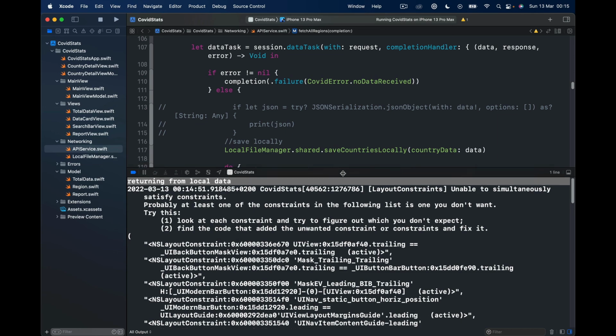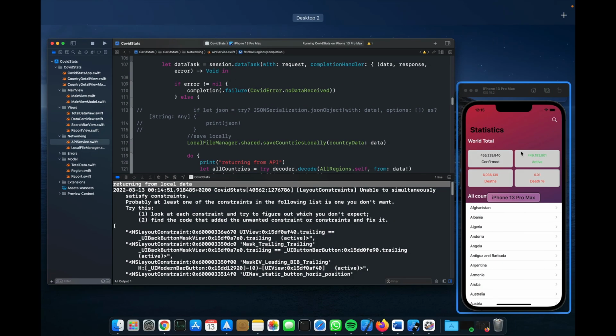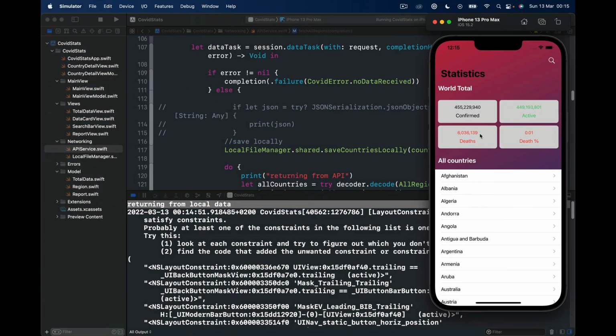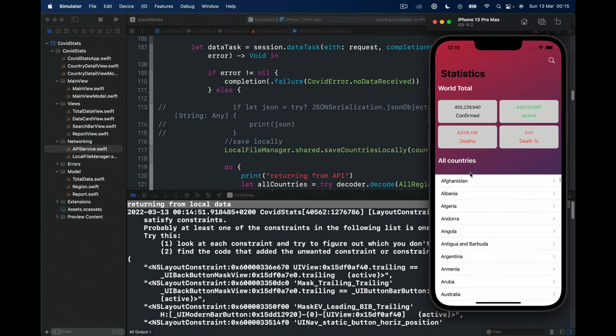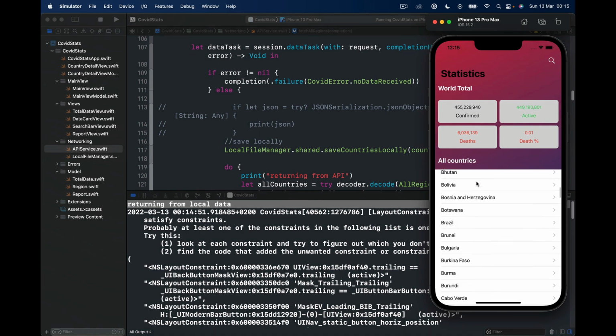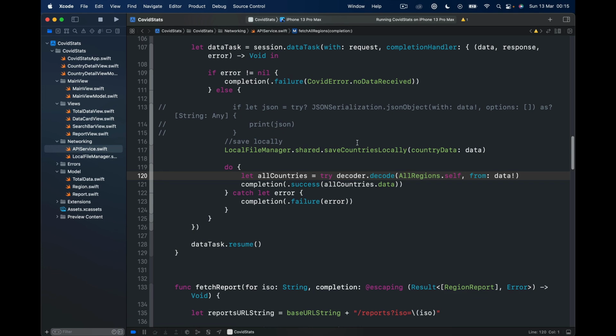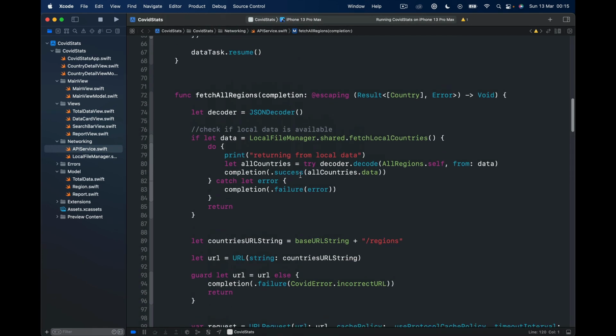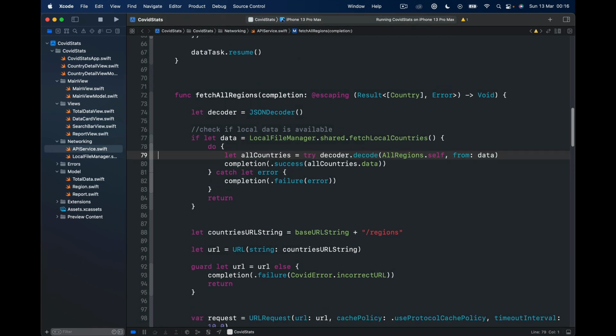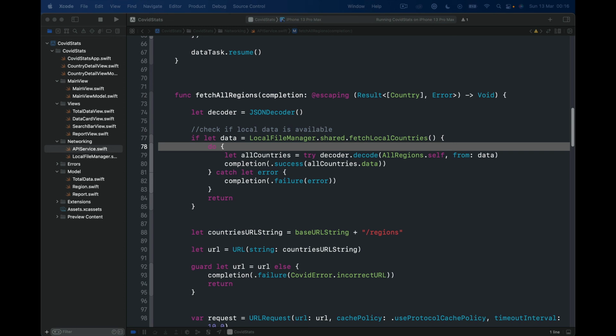local device. So you can even try to disable the internet on your phone and when you are running it, you will still have the list of all countries. This information you will not get, but the list of all countries you will still have access to from your offline device, because they are stored locally now. Okay, so this part is done. The second one is to work on our